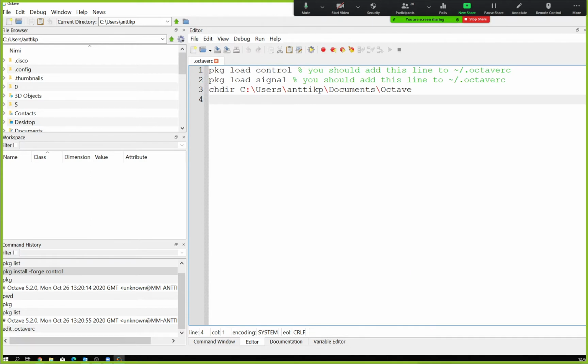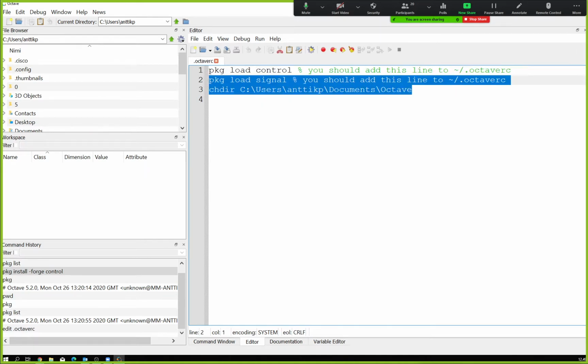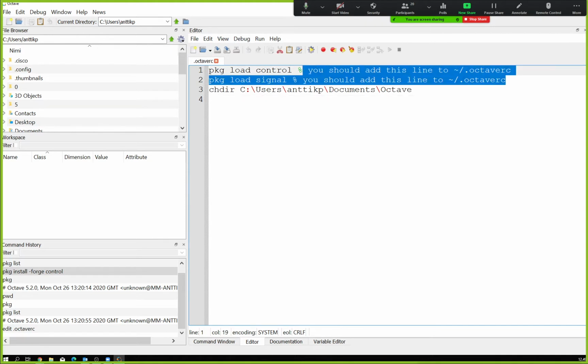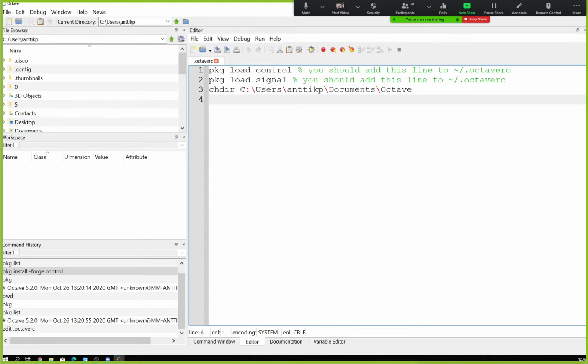Okay. So if you have installed any packages yourself, then you also need to load them. And these two packages you will be needing: load control package, load signal. If you don't have that in your octaverc, then basically you should edit those. After that,